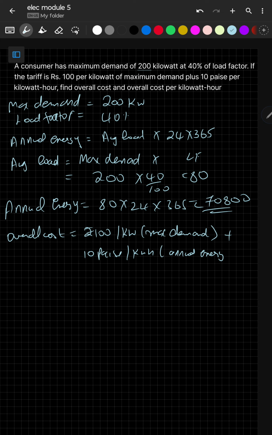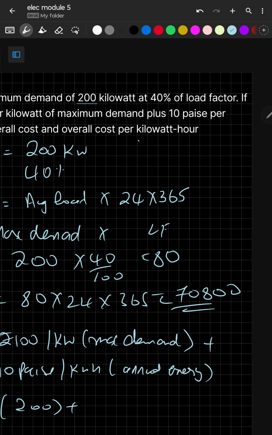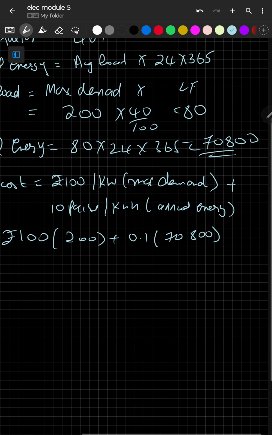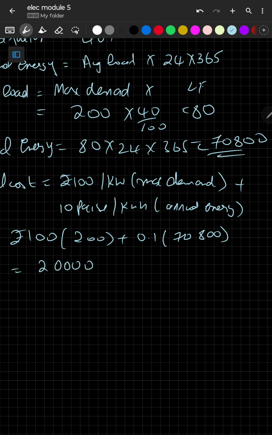Or 10 paise of per energy also you can write. That will give basically rupees 100 into 200 plus 10 paise. I told you that time only, 1 rupee is 100 paise. So here they given 10 paise. That's nothing but 10 by 100 you should do. 0.1 rupees you will get. So always keep both in rupees or both in paise. I'll keep both in rupees. 0.1 into annual energy, which is 70,800. This you will get easy. Plus here 7080. I am getting the final answer as,